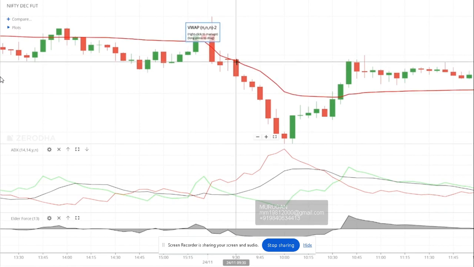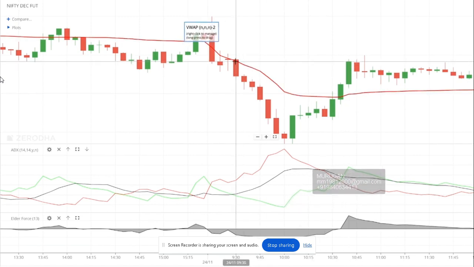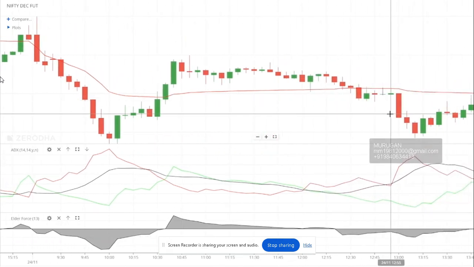However, for a seller, no problem. If the indicator is showing here, if somebody has sold the call option, even when it is coming here, he doesn't have to worry. From here to here, the price is the same, but time value would have gone. You would have made some profit.